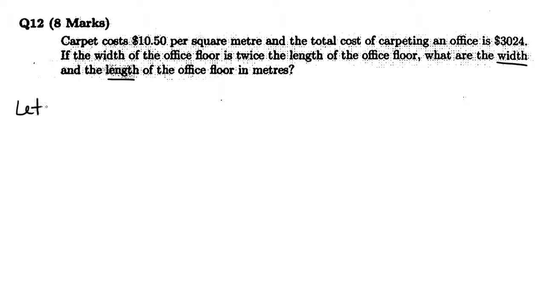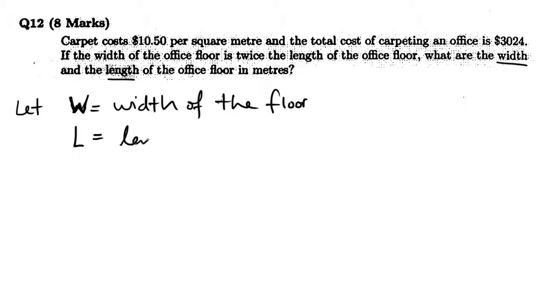So I think it makes sense for us to let W be the width of the floor. Again, instead of writing W equals width only, I think it's a little bit better to write W equals the width of the floor, just to be very clear. Why don't we use a capital W and a capital L for the length of the floor. Now that we've defined our variables, we should be able to come up with some